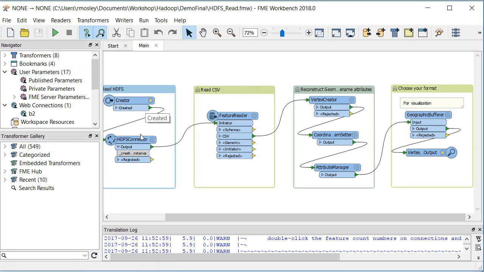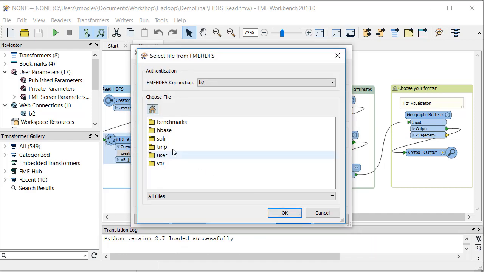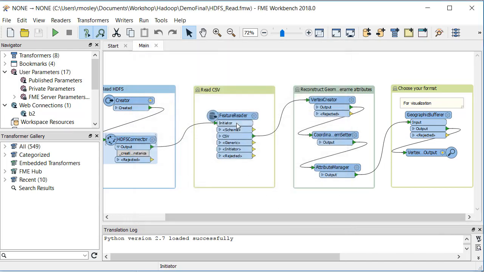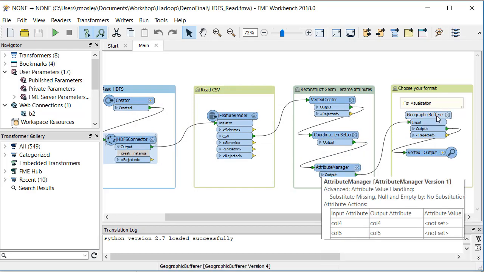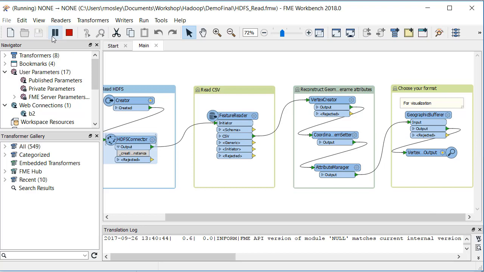Give it a run. So we're going to download the file that exists in the folder that we created for it. Navigate to it. And then we're going to read the CSV that comes in. We're going to then create some spatial elements out of the XY that was in the CSV, and then we can output it to